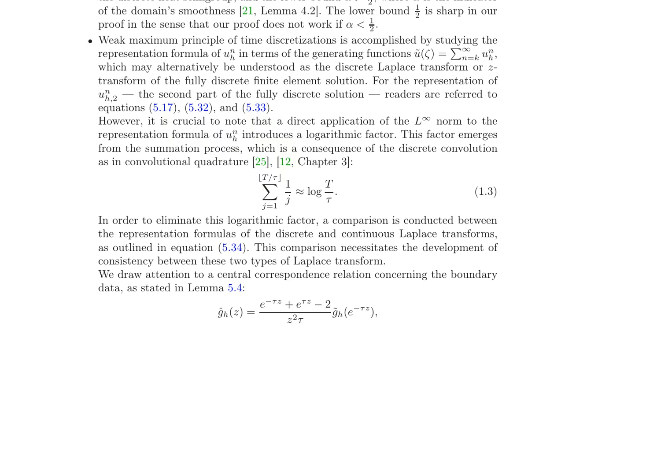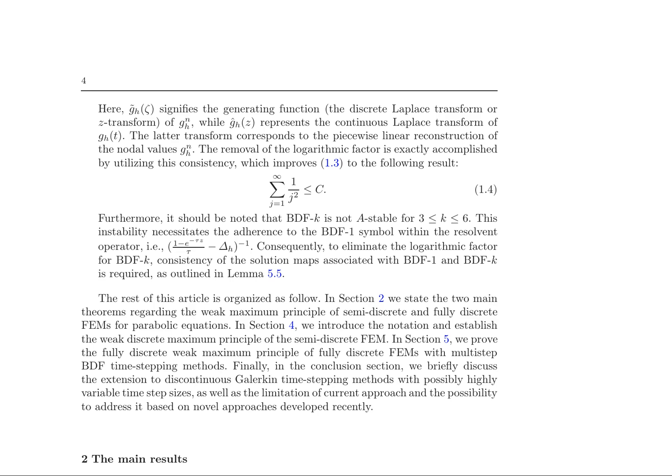This is achieved through the development of a consistency relation between the two types of Laplace transform, as stated in Lemma 5.4. The paper's findings have significant implications for the stability and accuracy of time discretizations in numerical simulations. The discrete Laplace transform plays a crucial role in ensuring the consistency of solution maps associated with the backward difference formulas, BDF1 and BDFK. However, it is revealed that BDFK exhibits instability for 3 less than or equal to k less than or equal to 6, necessitating the use of the BDF1 symbol within the resolvent operator to